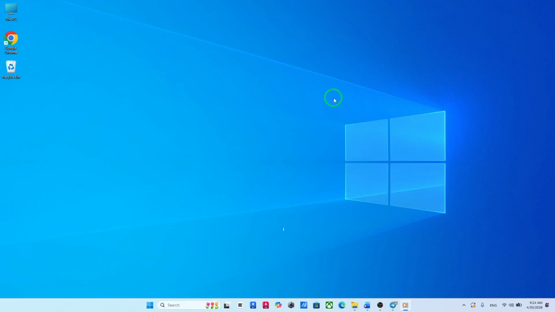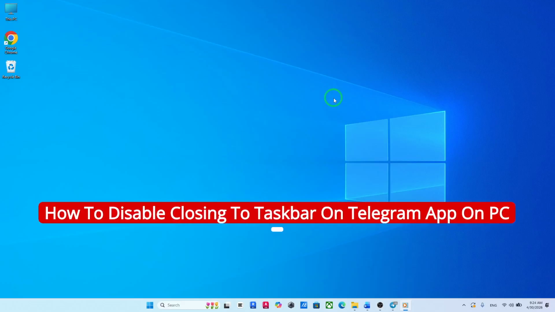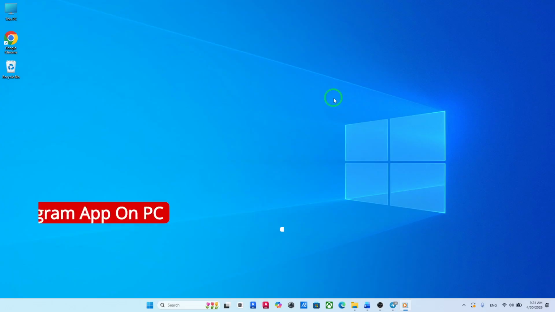Welcome. If your Telegram desktop app keeps minimizing to the taskbar instead of closing properly, you're not alone. This behavior can be frustrating, especially if you prefer apps to fully close when you hit the exit button. In this quick guide, I'll show exactly how to disable the close to taskbar feature on Telegram for PC using